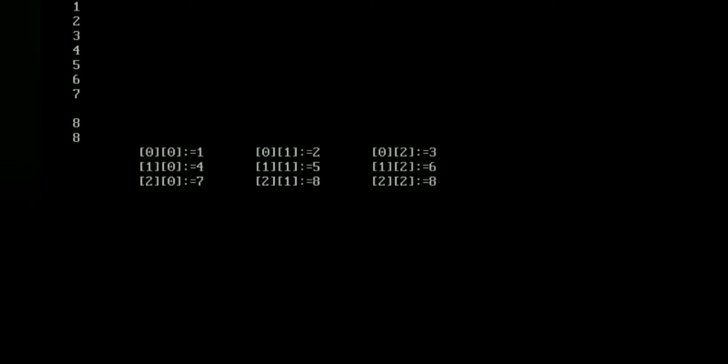So here I am entering 1. In one line only one input you have to give. So 1, then 2, 3, 4, 5, 6, 7, 8, 9. So these are my values, and the same output will be shown. We have entered the values, and those values are visible here with their index numbers.